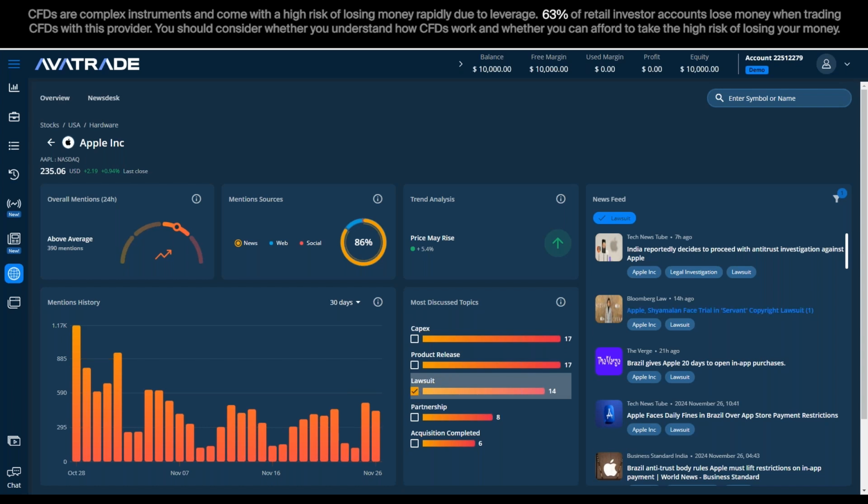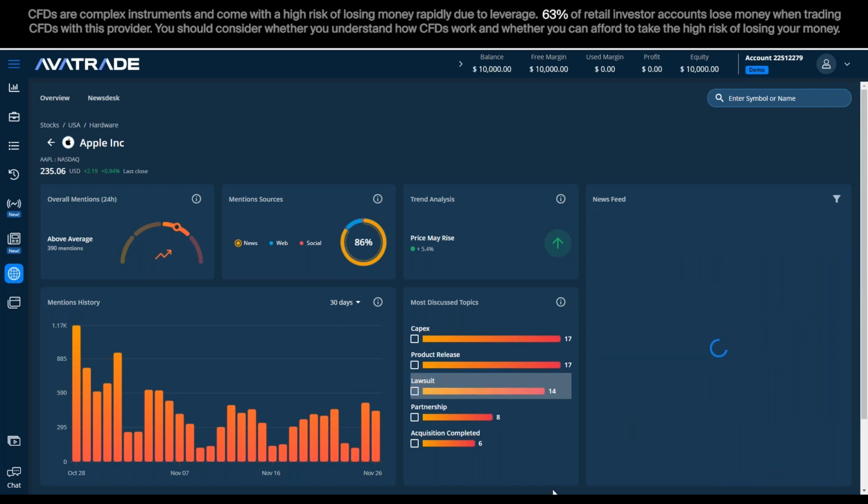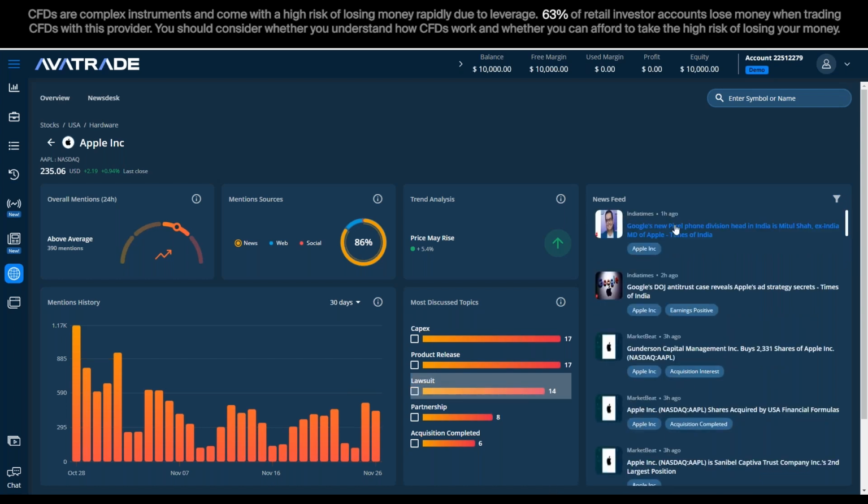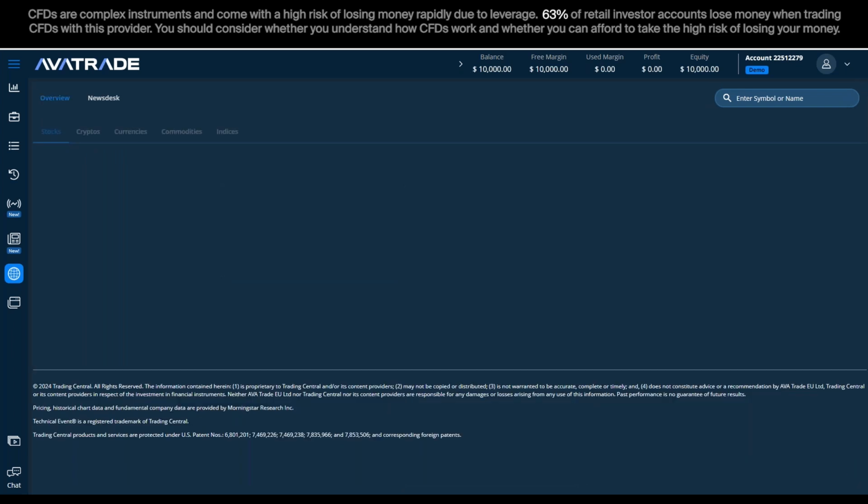So if I click on the lawsuit, we see which articles can be related to that specific subject. And by unselecting it, it shows me in general the things lined up. This interface is very, very useful. Let's go back.